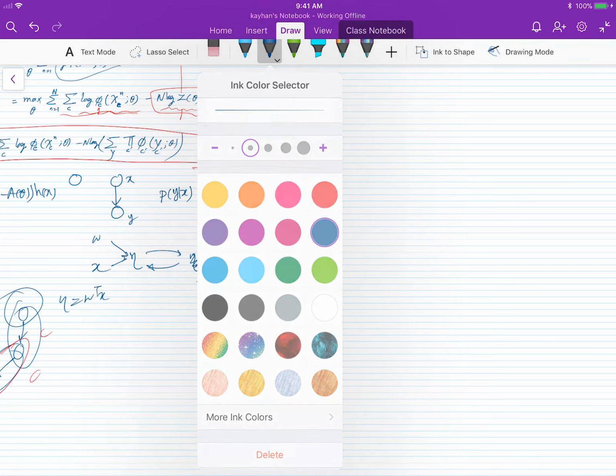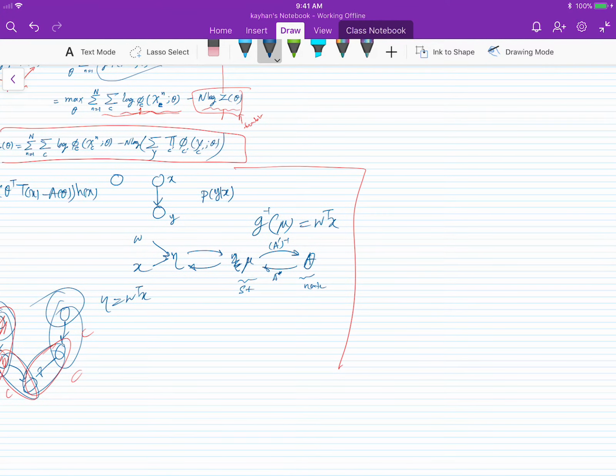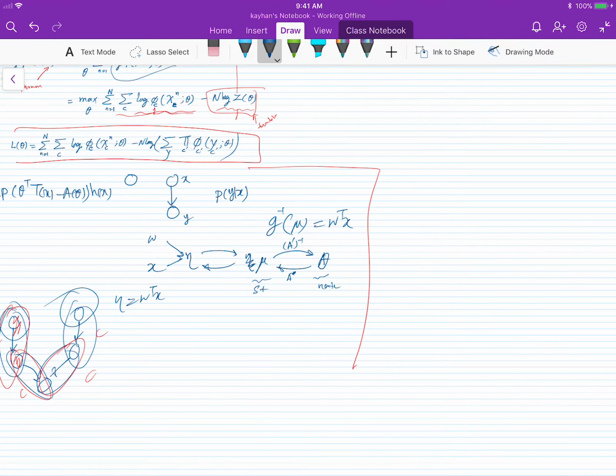So if I take the gradient of L with respect to clique C, the only terms that stay there are